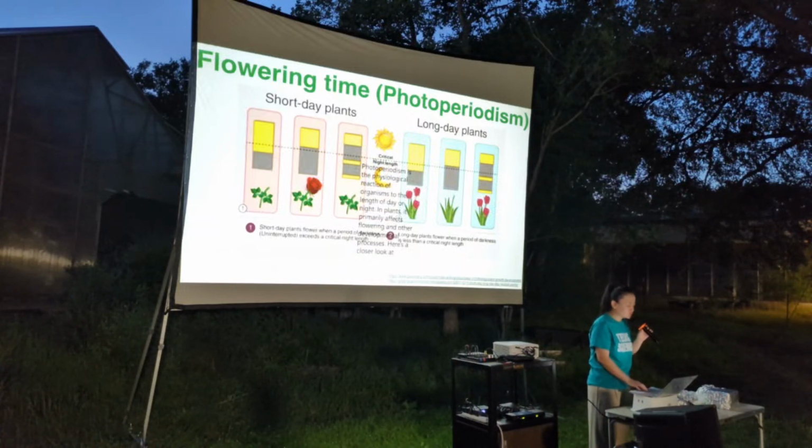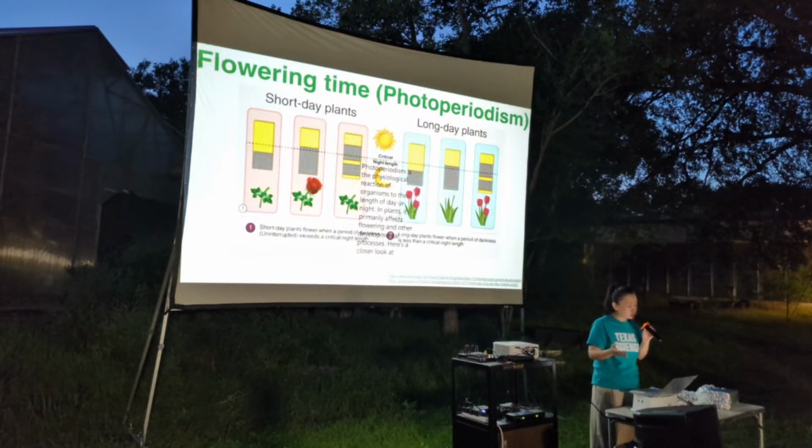And if you put those short-day plants under even shorter daylight but a longer darkness, and during the darkness you give some light, the plants still cannot flower. That's so interesting, right? And for the long-day plants, they need longer daytime. So when you put the long-day plants into a daytime longer than 12 hours, they can flower. But if you put them into a day length less than 12 hours, they will not flower.